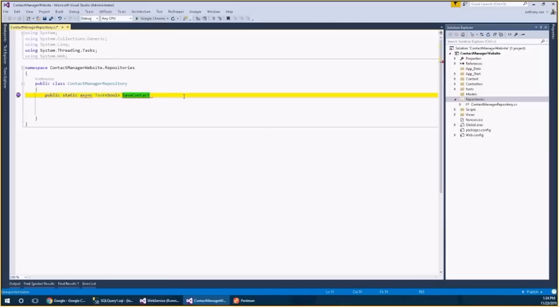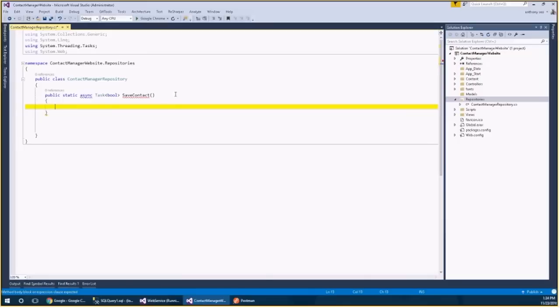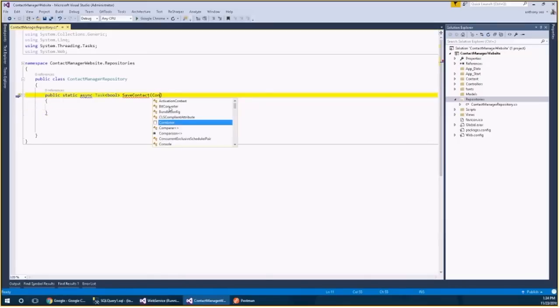Like for instance, if I was trying to save this to a contact, I don't want to have to wait for this thing to be completely done before I can go to add another contact. Maybe I want to add a bunch of contacts, and it's going to slow me down if I have to wait for every single one. So it's just easier to do asynchronous. That way I can make several calls. I can send a bunch of contact information, and they'll all eventually take their time to write to the database,